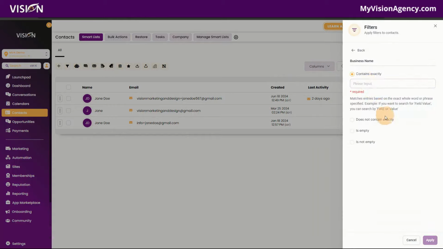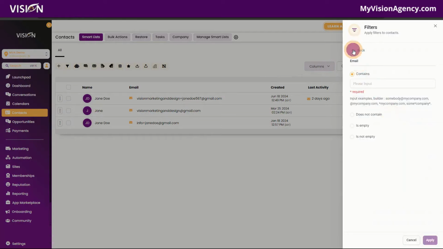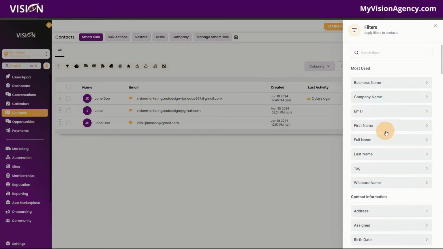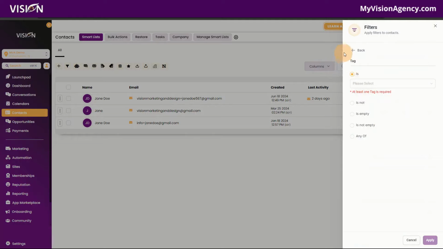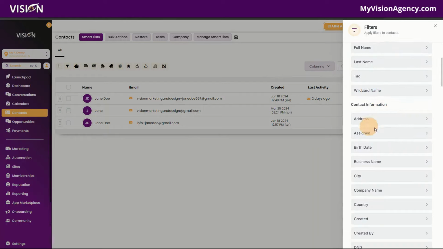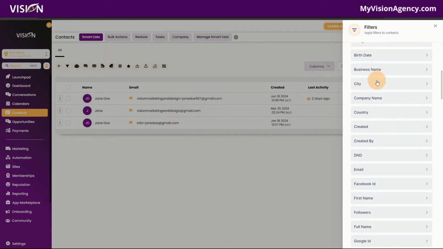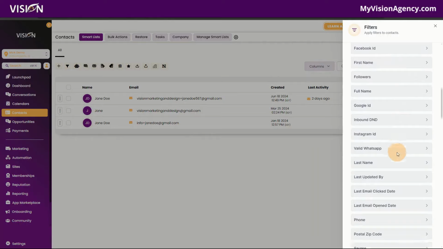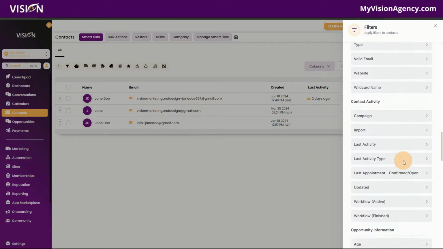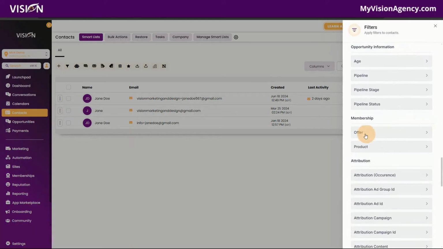Okay. So the business name, do you want to search by the business name, the company name, the email address? Do you want to filter by the first name, any tags that you have available? Or what if you want to filter all of your contacts by an address or the birth date, or the city? If I wanted to see every member I have that's in Indianapolis, I could do that, or the country, or when it was created by. So you have all of these options here that you can use to filter, and that's great when it comes to looking up the information and trying to figure out